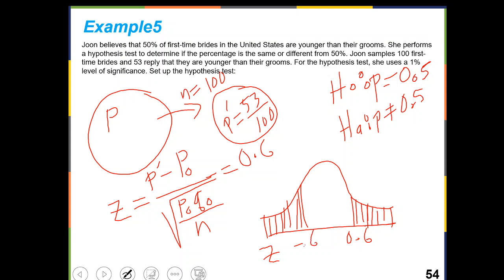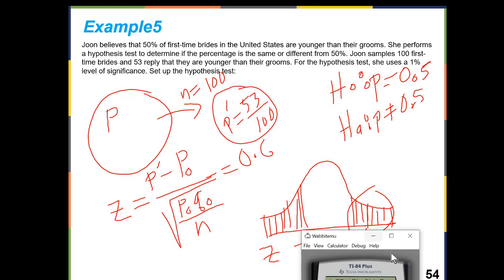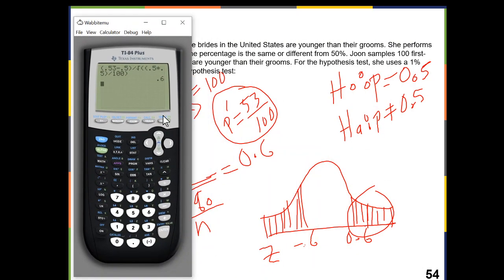So how much area is there? Well, that's a lot of area, because that's a big piece of the graph. So we go to normal distribution, and we put 0.6, comma 10 to 99, comma 0, comma 1, and then multiply it by 2. That's 54%. So the p-value here,